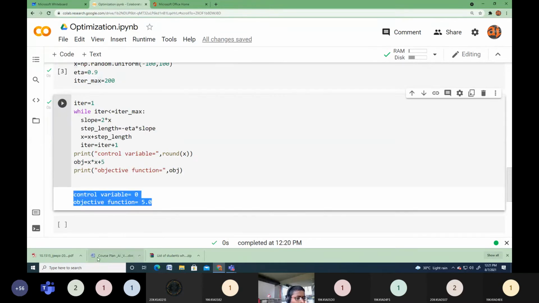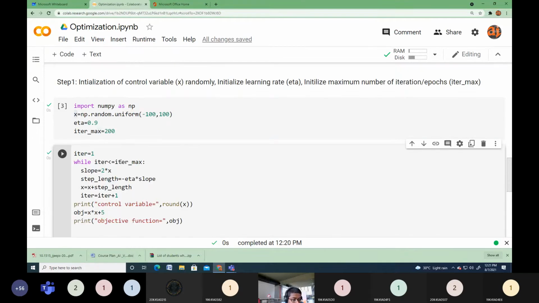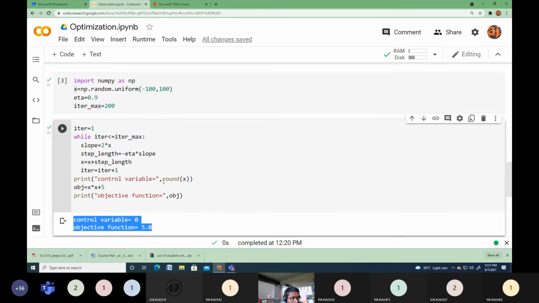That's it. So that is how we can solve the non-linear optimization problem using the gradient descent algorithm. This is the implementation. I hope you understand the simple code. The number of lines we use in Python or any other programming language, the logic, is different for different candidates. That depends upon their logical thinking capability. I have written this code using the while loop. You may use the for loop, for iter in the range of iter max, like that.